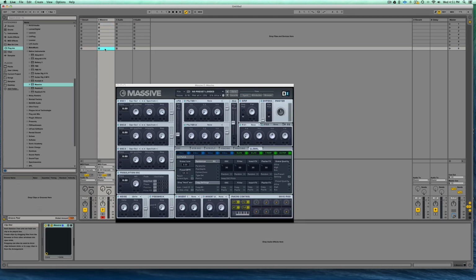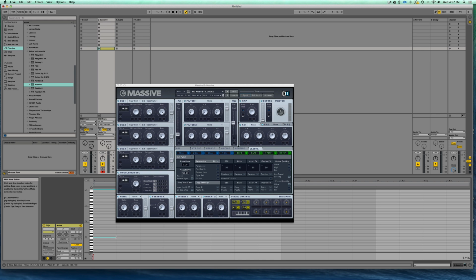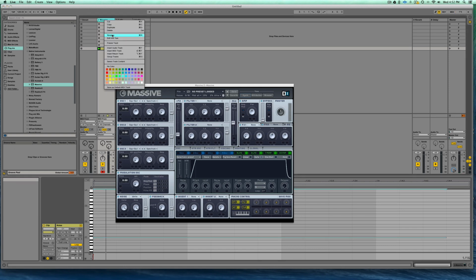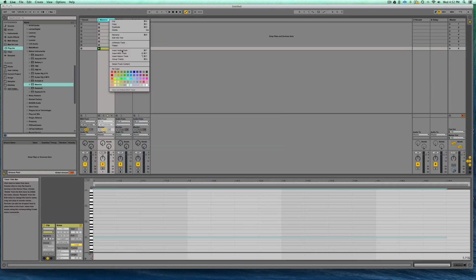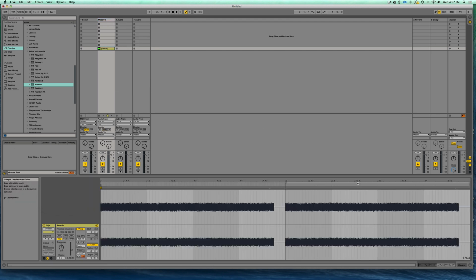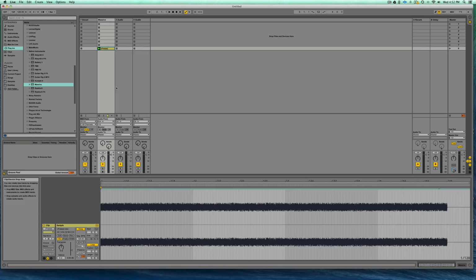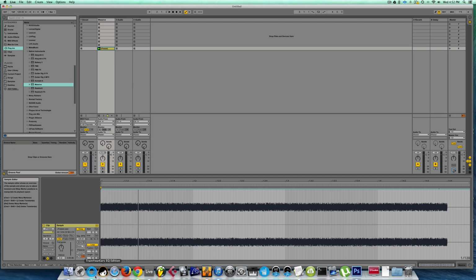So if we go into Massive, create a 1 bar note, turn on white noise, and then don't have the MIDI note finish all the way to the end. Now I'm going to flatten it, so I just have the audio file. But there's this space at the end. If I put this into Serum right now,